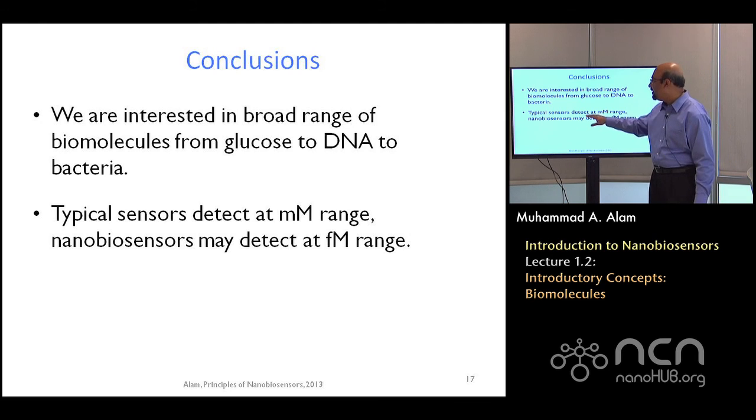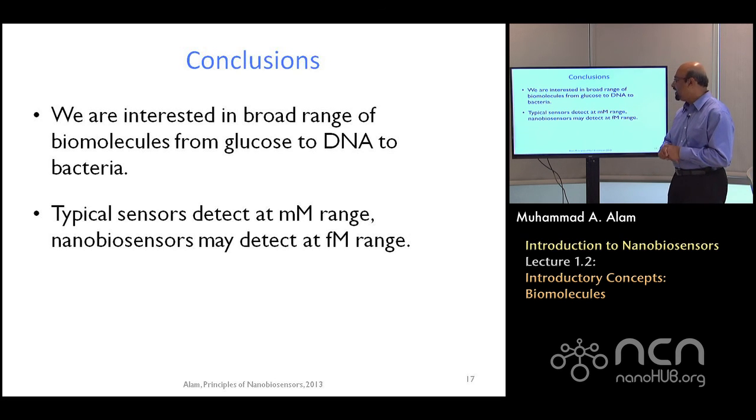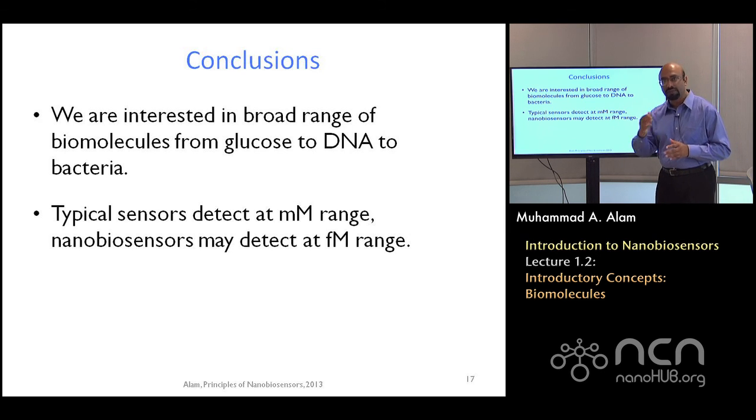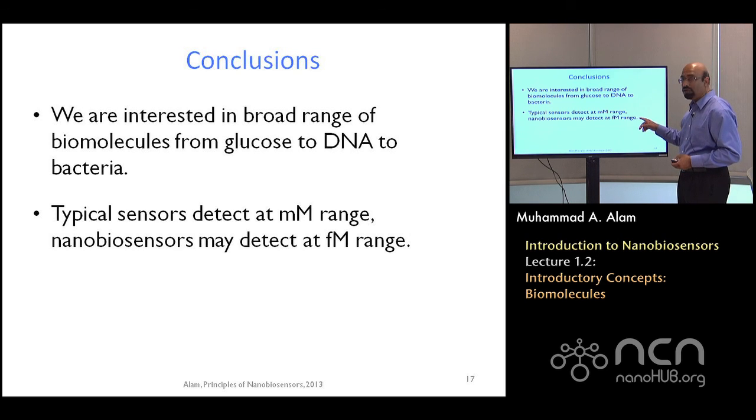Now, as I mentioned, the typical sensors detect millimolar concentrations. That was in my blood test, that was in the headache medicine, and so this is a relatively large number. The promise is that even when the concentration is orders of magnitude smaller, these nanobiosensors, the ones that we have not discussed yet, and will begin to discuss in the next class, can detect femtomolar concentrations, and can detect at a very early stage of the disease progression. Of course, the sample volume must be large enough so that it has a statistically meaningful number of molecules.